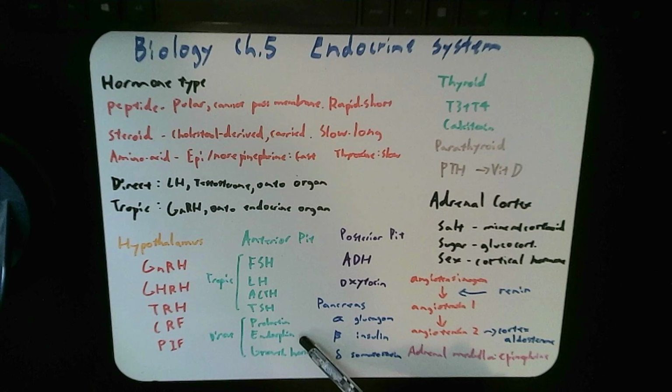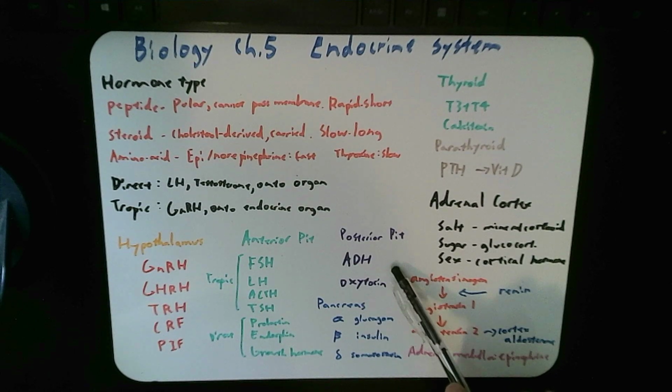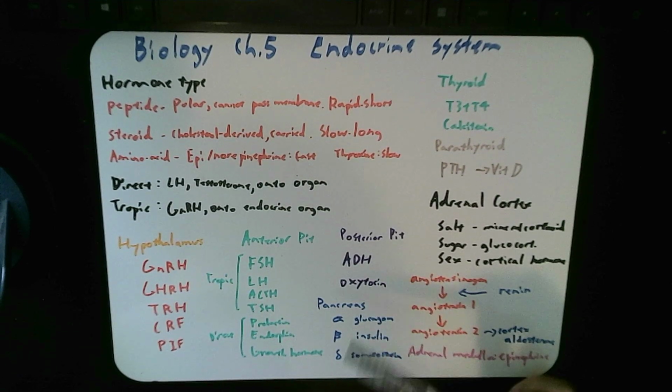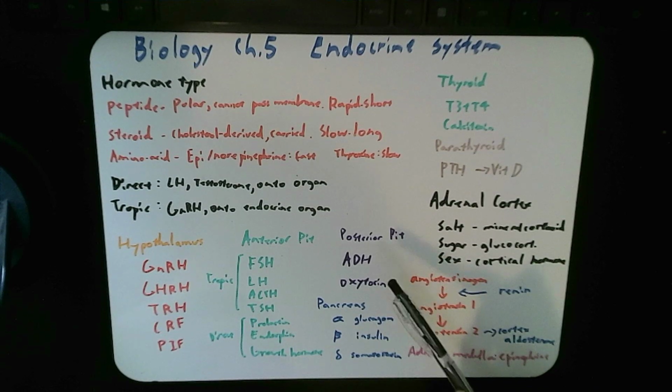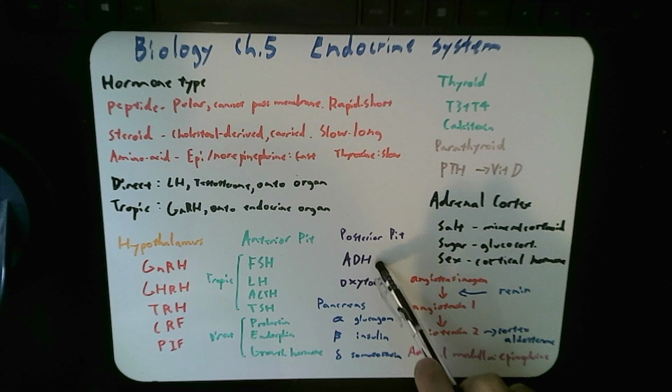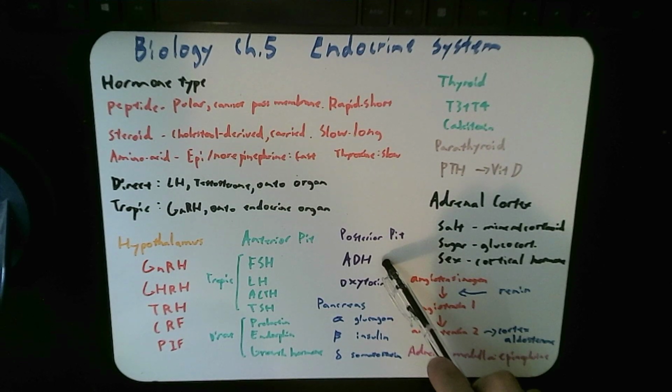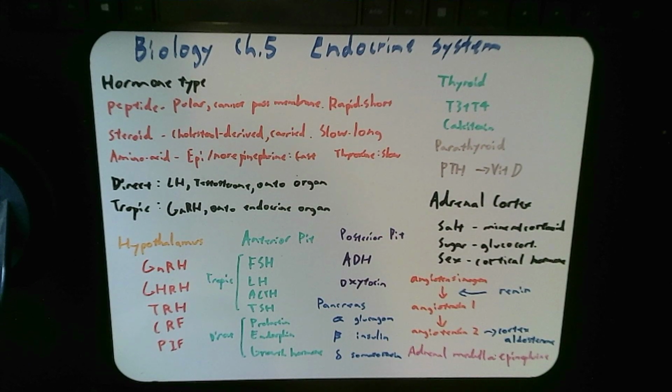Like endorphin in the blood basically stimulates increase in blood flow, increase in blood vessel diameter, and growth hormone stimulates the uptake of certain nutrients and the building blocks directly. The posterior pituitary gland is not as comprehensive in its hormones. However, it has antidiuretic hormone for conserving water, and what it does is it acts on the collecting duct and prevents water from being used up too much and expelled.